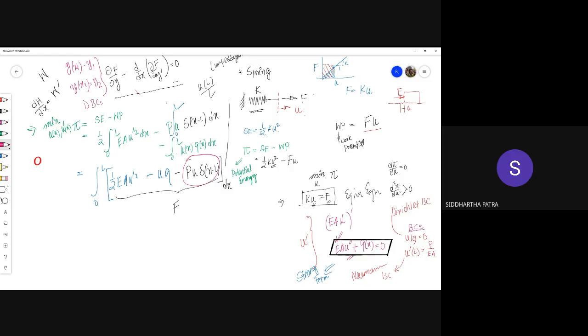Which is different from this example. In this example, on one side there is a Dirichlet boundary condition, on the other side there is a Neumann boundary condition. And that's why it is important to show that, irrespective of the boundary condition, the differential equation remains the same. The differential equation doesn't change because of the boundary condition. That means instead of applying p, if I had applied twice p or 0p, the differential equation would still remain the same. So in order to optimize this quantity,